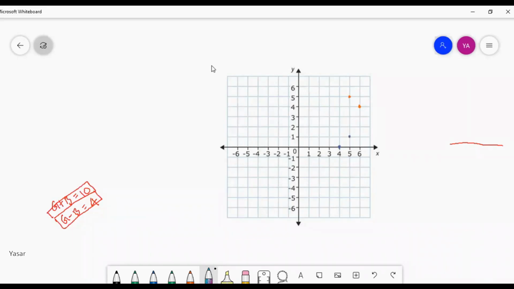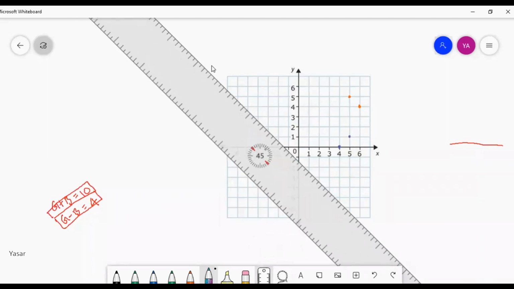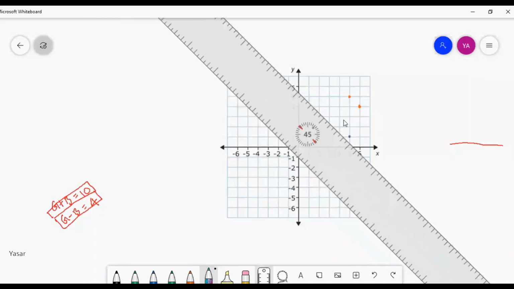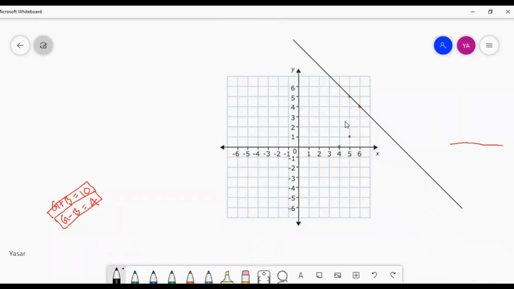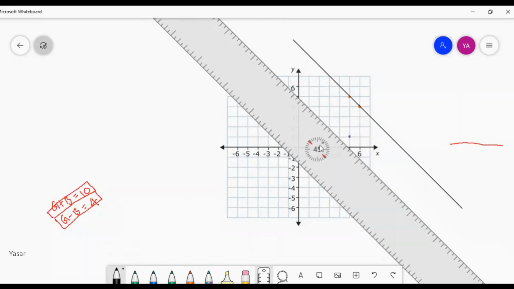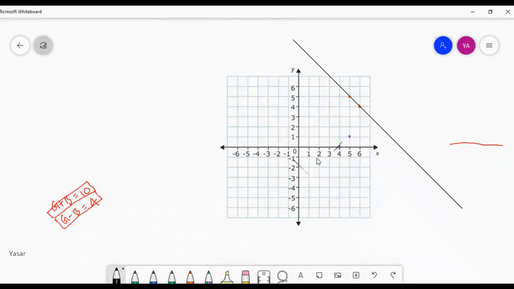If you draw this using a scale, you want to use a scale, but I cannot use the scale here. There is some problem with it; it is very hard to rotate, so that is why I don't use it. The first line will go like this. The second line should pass through 4, 0 and 5, 1. I shall draw roughly.